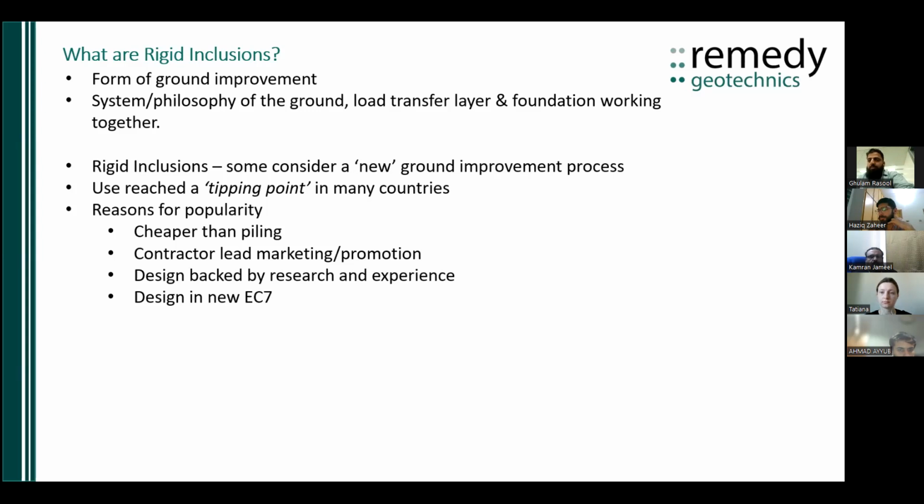And I think the fact that the design of ground improvement is accommodating the design of rigid inclusions in the new generation of Eurocodes that will be coming out, and I think Eurocode 7, so that's EN 1997 Part 3, which will cover the design of specific techniques,